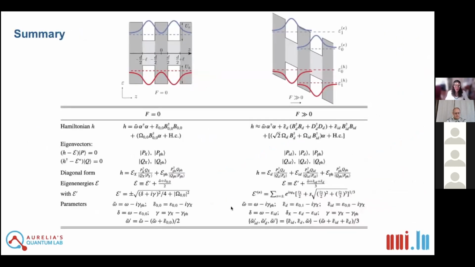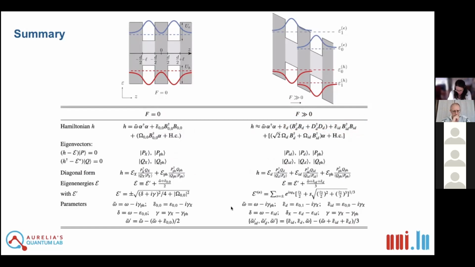So let me summarize this. It's a bit of a loaded slide, but this is what we've seen. We've seen how to derive the Hamiltonian in the coupled world for no field and with a field. What changes is that with no field we only have these hybrid excitons, and with a field we have direct and indirect excitons. So we go from hybrid polaritons to dipolaritons, and these are the eigenstates that have been presented and that allow us